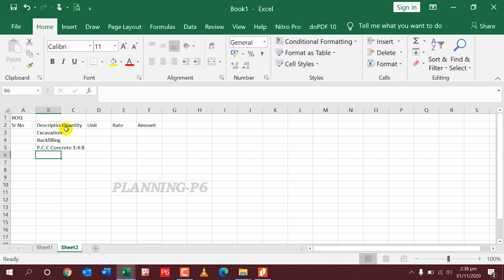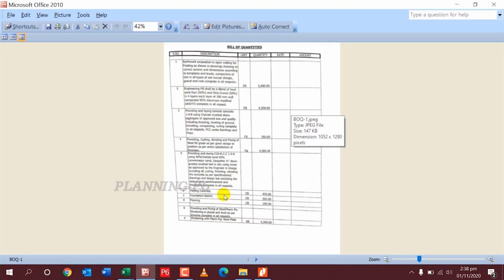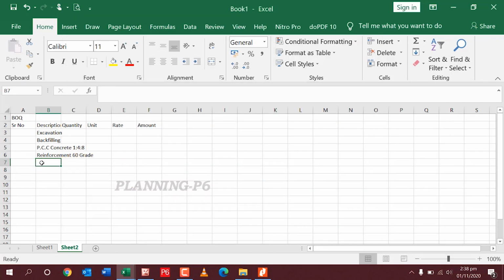Then is reinforcement, grade 60. We'll see what I have: footing concrete, foundation, beams, flooring. This one is RCC C20.